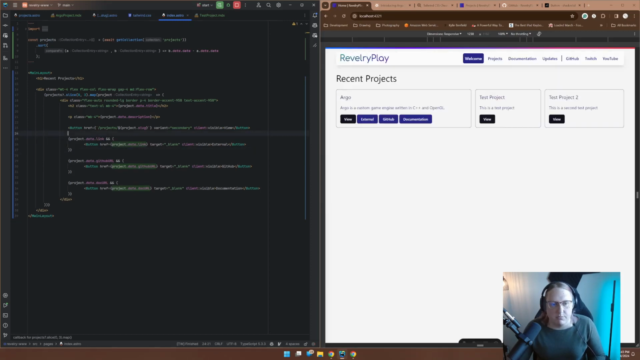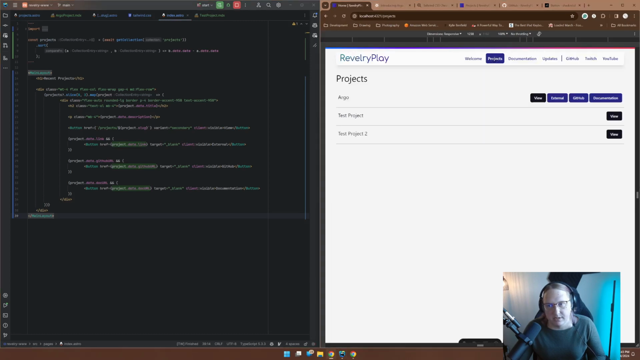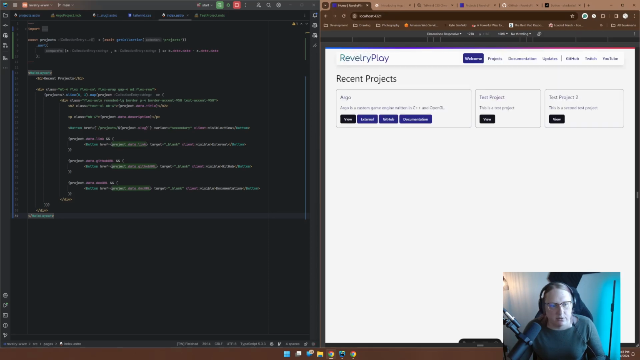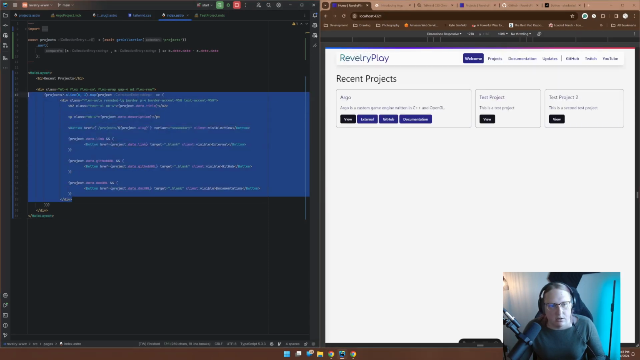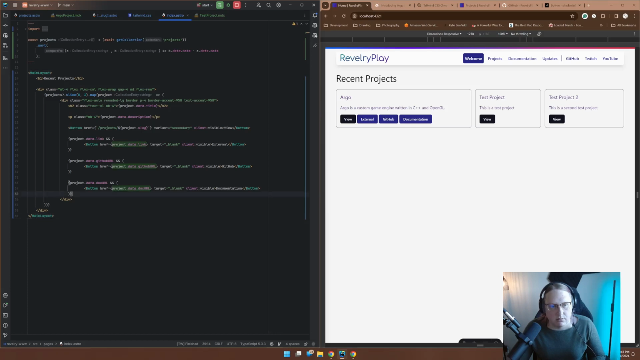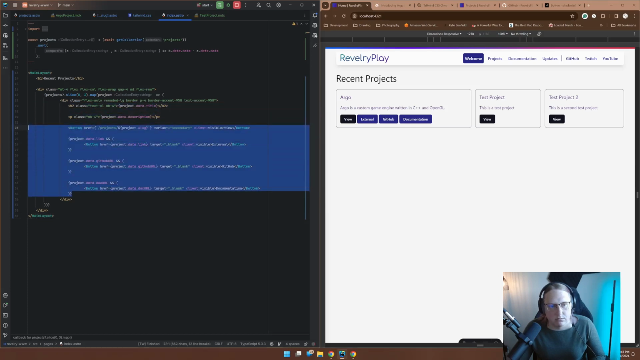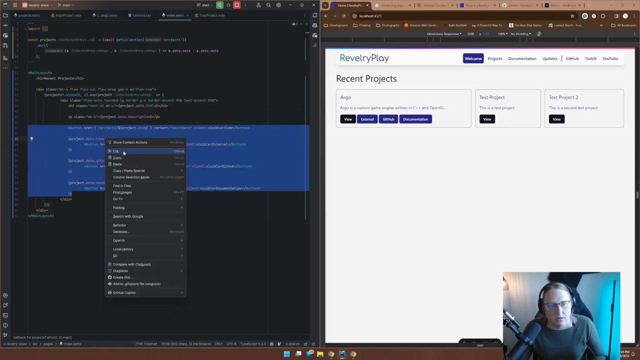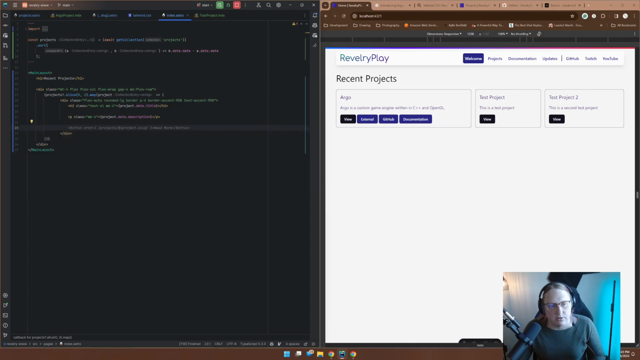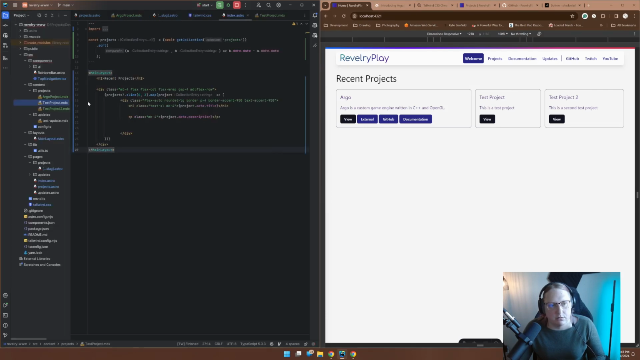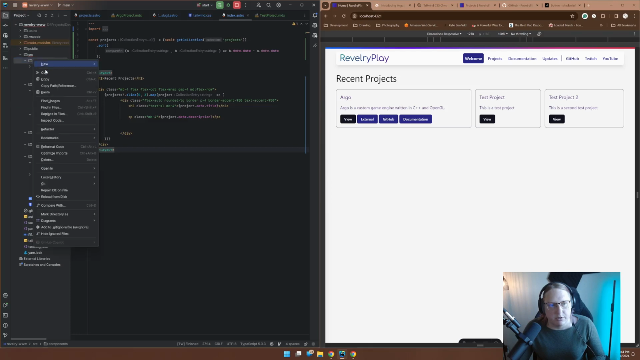All right, I think I'm going to break out my buttons into a separate component because I'm starting to put them into multiple places now. And I don't like having that much duplication of code. So I think I'm just going to take all of these, I guess, and I'm going to refactor them into some external component. And so in my components, I'm going to do,